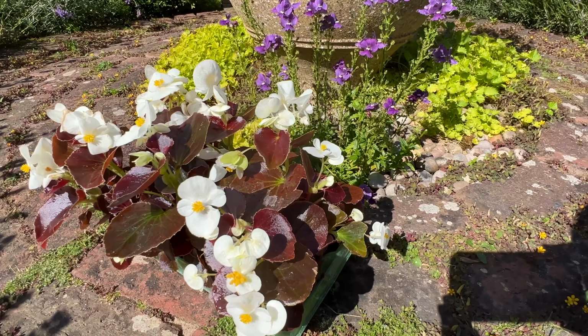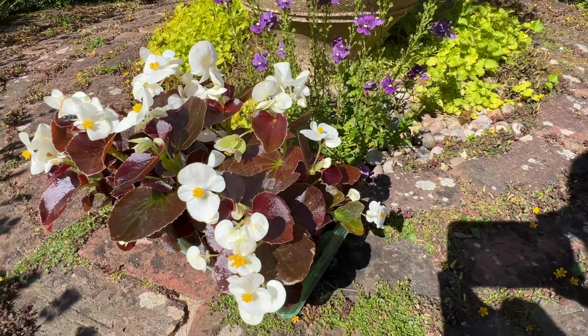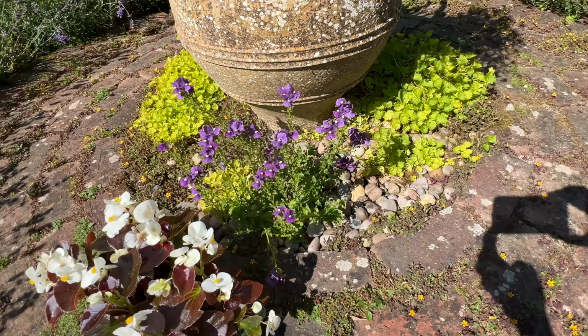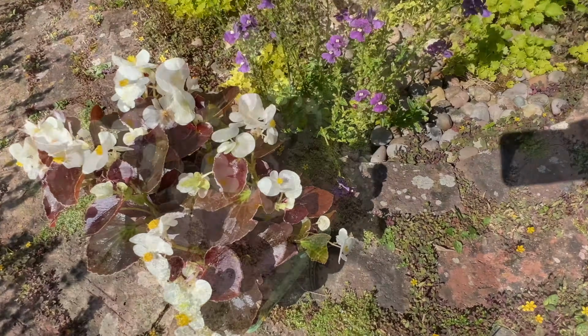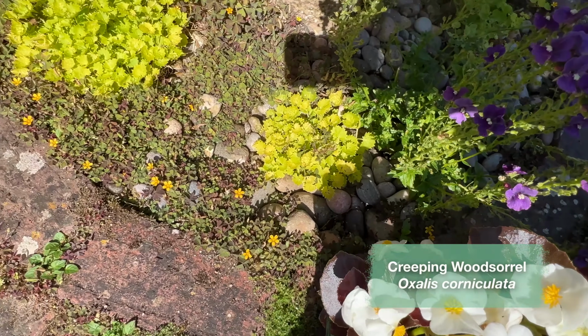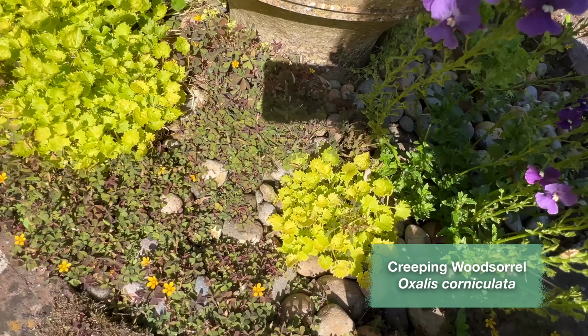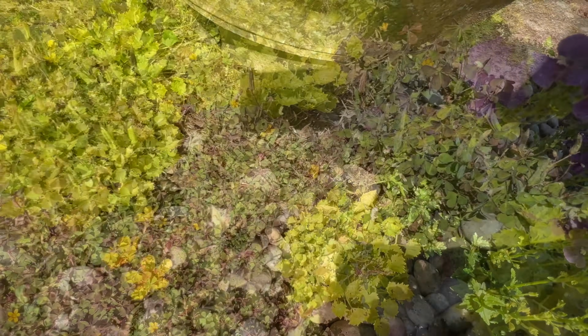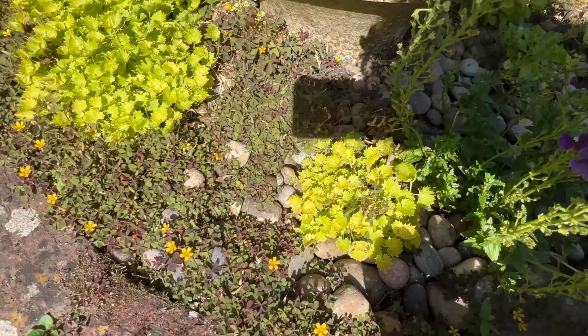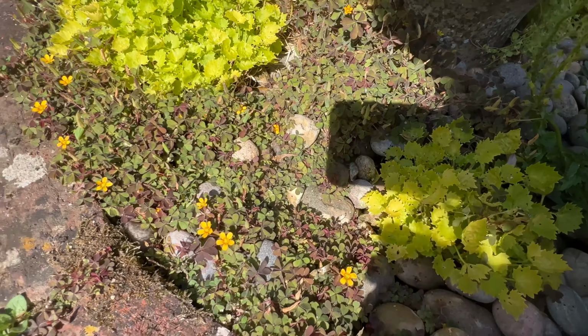There is thyme releasing its deep scent when crushed underfoot, and a pretty spattering of yellow stars from the flowers of self-seeded creeping woodsorrel. You can see this is beginning to dominate the planting space, so adding new flowers here is an opportunity to keep the woodsorrel in check. It has amazing exploding seed cases, so I kept my sunglasses on to prevent tiny seeds from being shot up